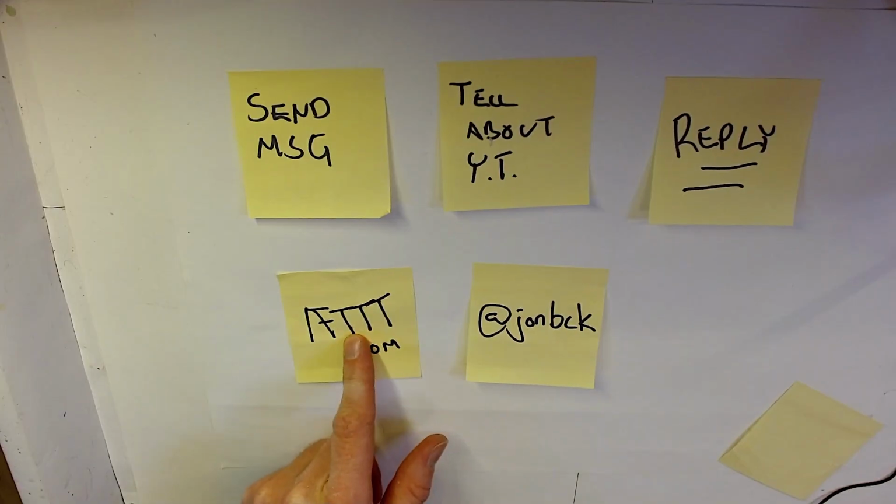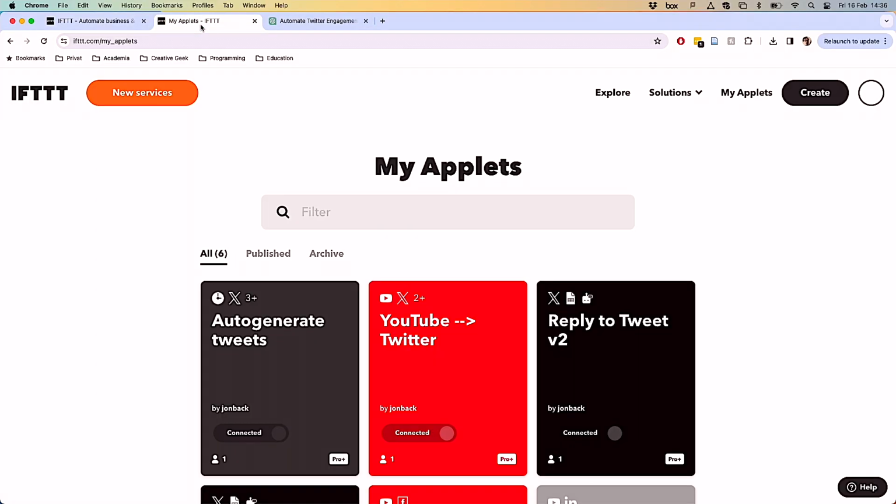So I'm making a first version, and I'm going to continue using the same tool that I've been using for sending the YouTube updates, If This Then That. And if you don't know, If This Then That is a tool to connect different services to each other. So it looks at all the inputs and outputs of different internet services, and makes it possible to take something coming out of one service and then send something into another service.